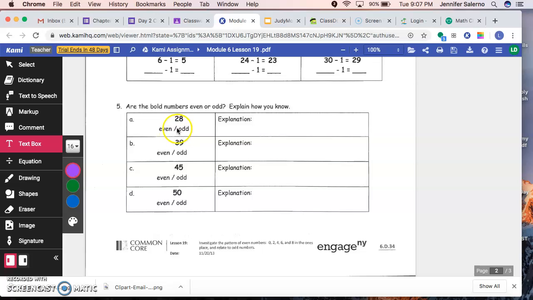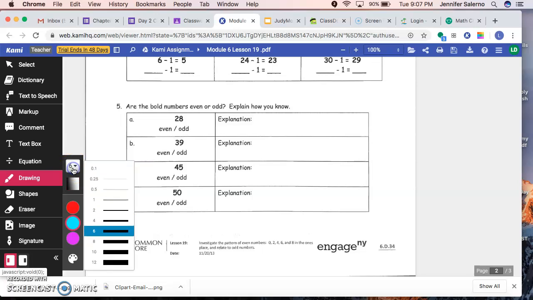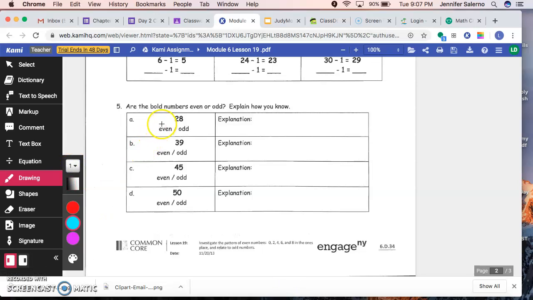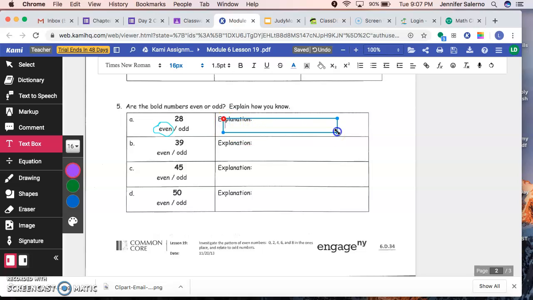So first I have to circle if it's even or odd, okay? So I'm going to circle that. I'm going to try to make it smaller. It's even, okay? So I know that 28 is even. Now I need to come over here and type in a little explanation about that, okay? So I don't expect you to write a long explanation. We're just going to say